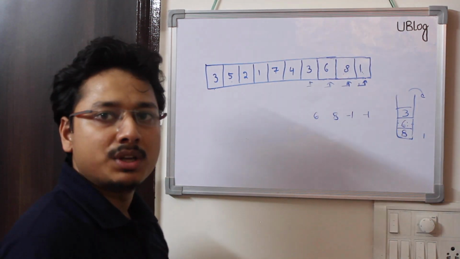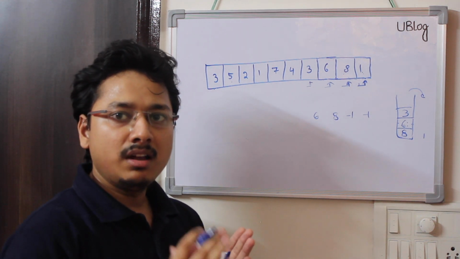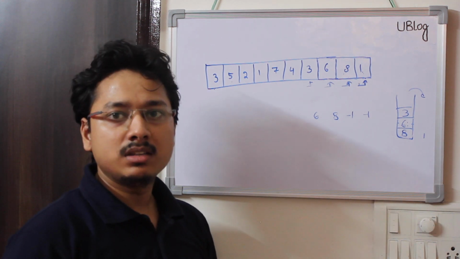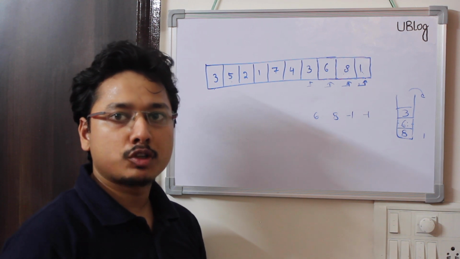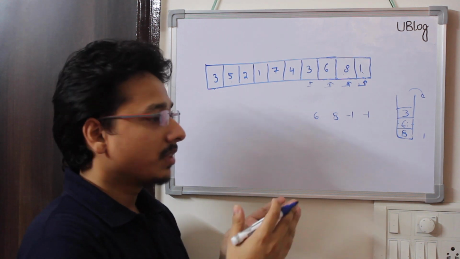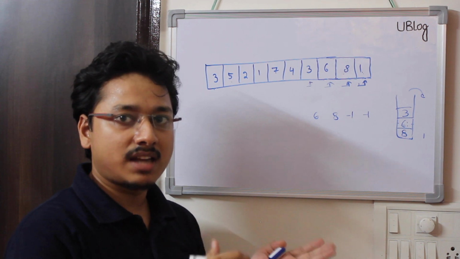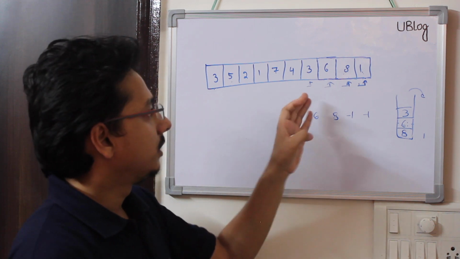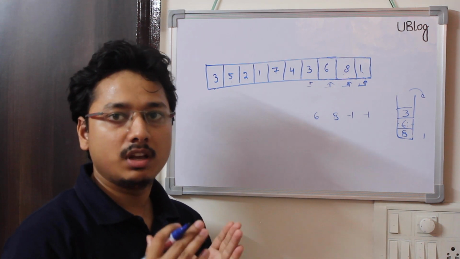So now are you able to understand why we use stack? We use stack because we need the first element on the right hand side which is greater than, and the stack property is last in, first out. So that's how we are able to use the property of stack to solve our question, because we need the last element which has entered the stack to pop first. So last in, first out. That's how we are using the LIFO property of stack to solve our question effectively.